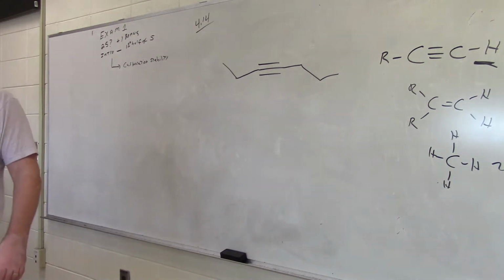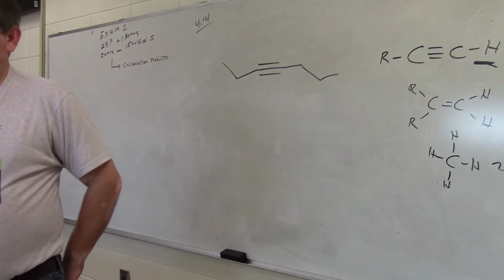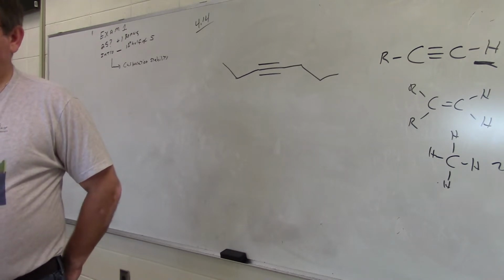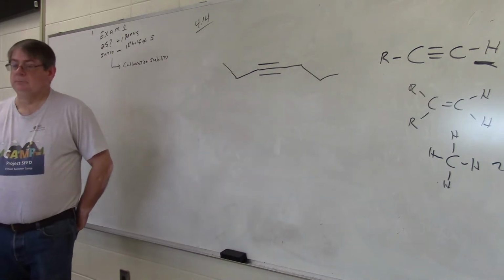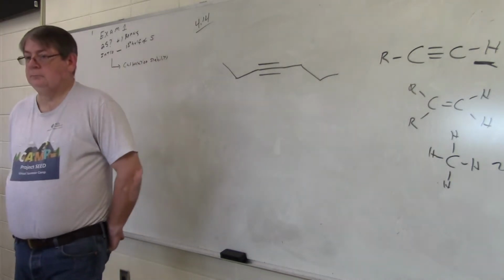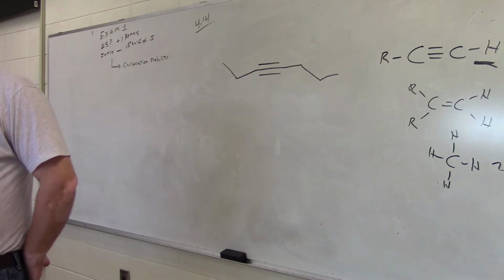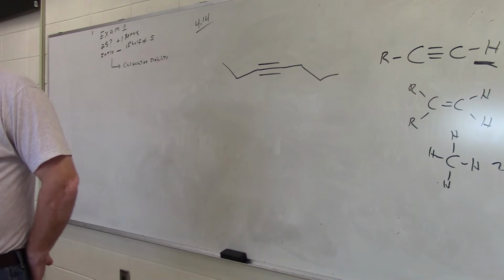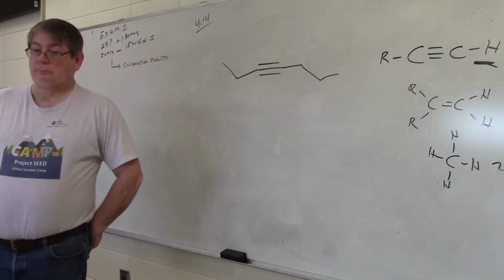So I found it in the book. It says the more s character in a hybrid orbital of a carbon, the more electronegative the carbon will be, resulting in a greater stability of the anion and thus a more acidic hydrogen. Of the series alkane, alkene, and alkyne, the carbon in an alkyne, sp hybridized, 50% s character, is the most electronegative. Therefore, an alkyne anion is the most stable of the series, and the alkyne is the strongest acid of the series. And so it says at the bottom that only this hydrogen is acidic enough to be